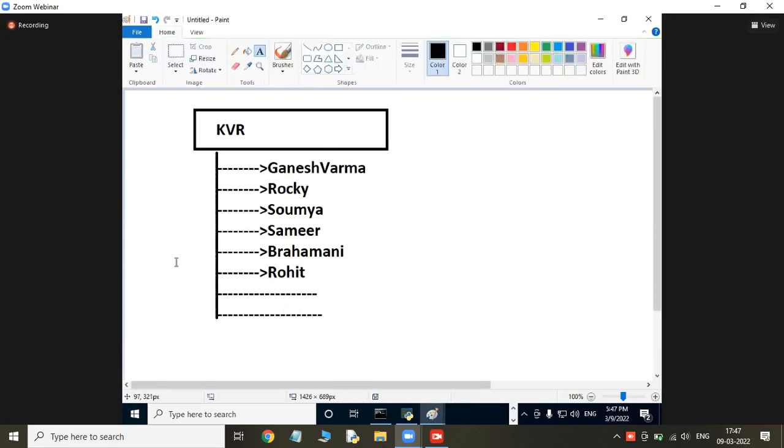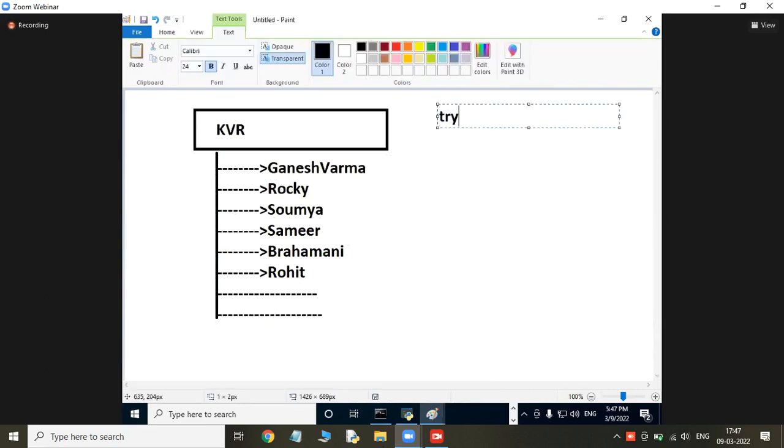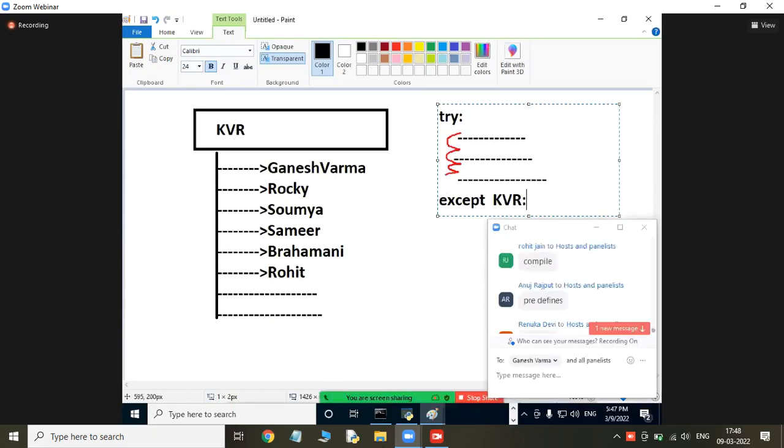Subclasses of mine. So what I do is, sometimes I will write try. Actually, it is difficult to understand at this level, but I will make you understand somehow, because I need you to understand this diagram in the class. I will write except KVR. What is KVR? It is the super class for all the types. Every person is a part of me or not? Any exception occurring here is a part of KVR only.